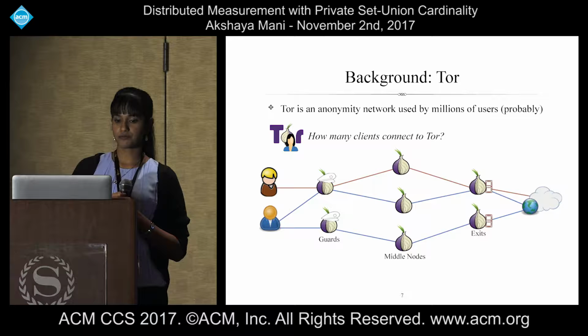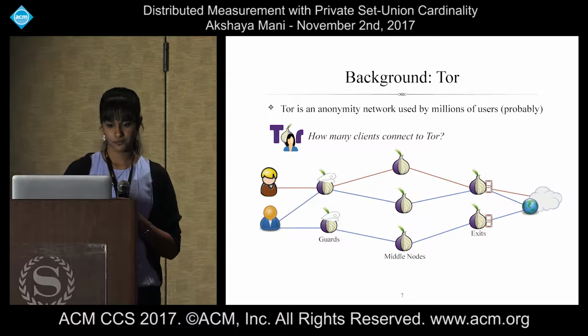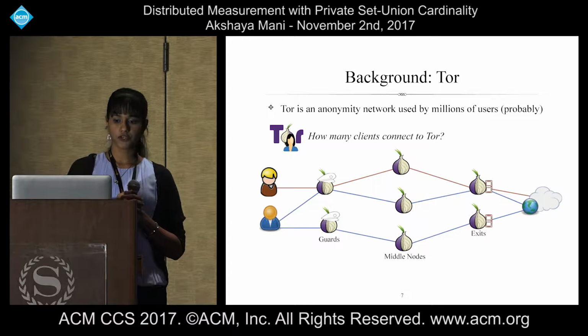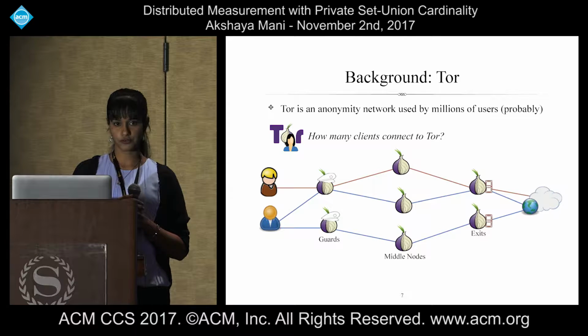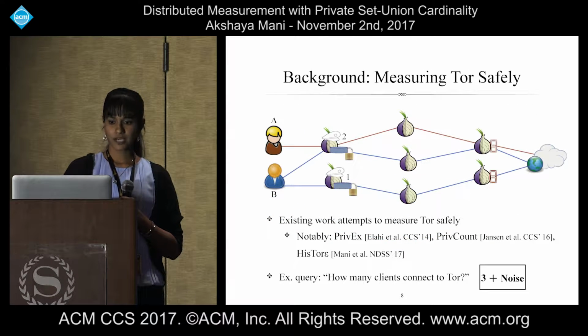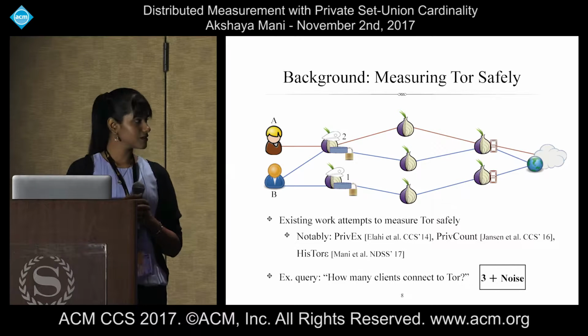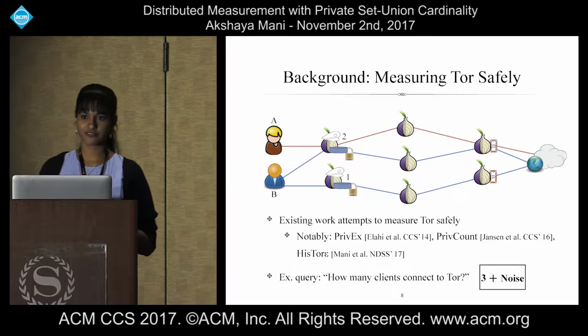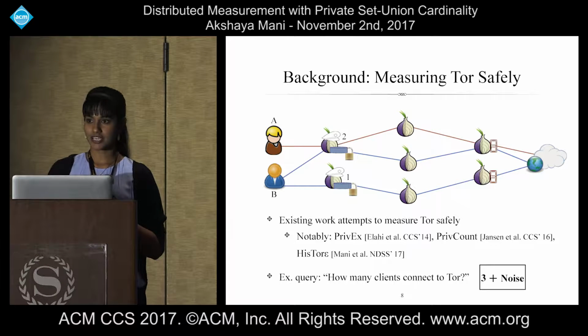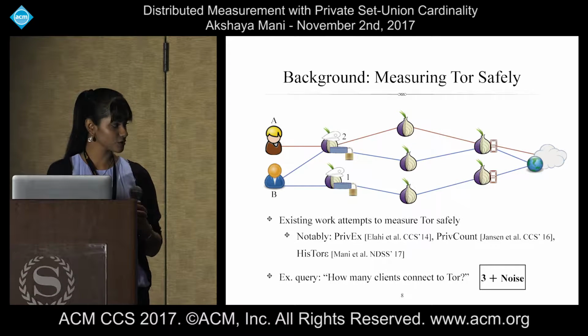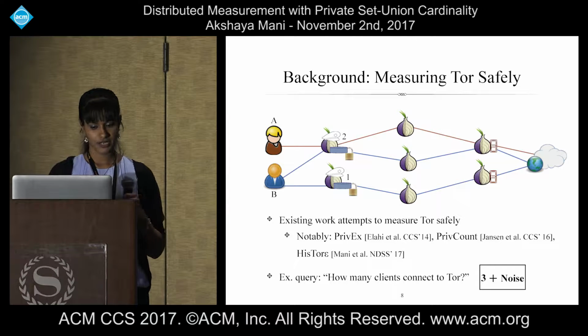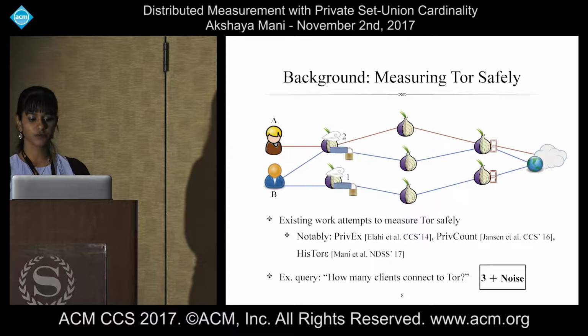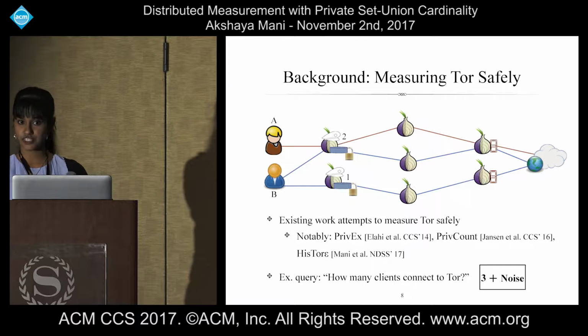So here actually the website does not learn the client IPs. So we would actually want to know how many clients connect to Tor. And I would like to point out that our paper is not the first paper which has done safe measurements in Tor. There had already been existing research attempts on Tor, like PrivEx, PrivCount, and history. These papers answer the query like how many clients connect to Tor, which we just saw in the